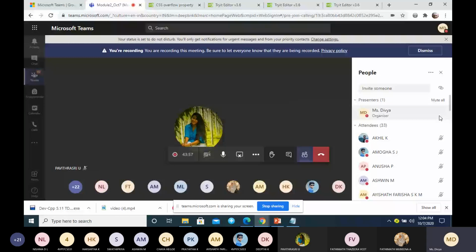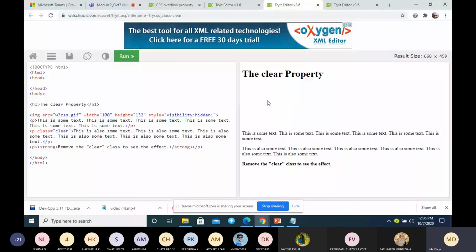Here the difference is, when you give visibility hidden, the image will not be displayed, but the space for that image remains. You can see the space for that image remains.